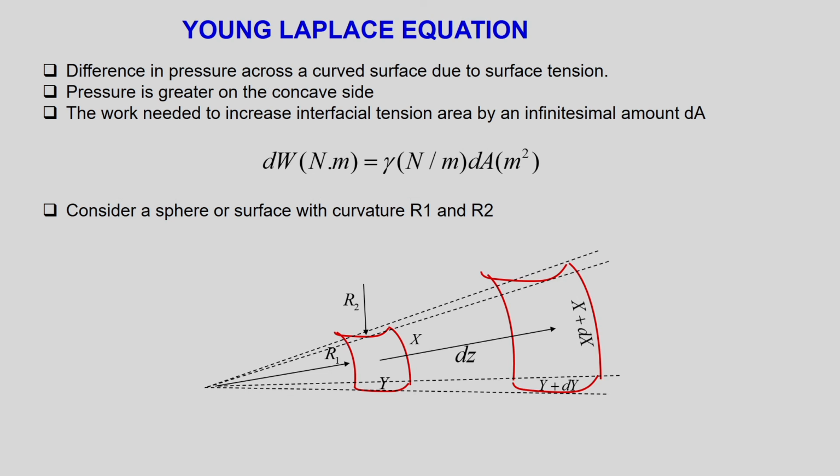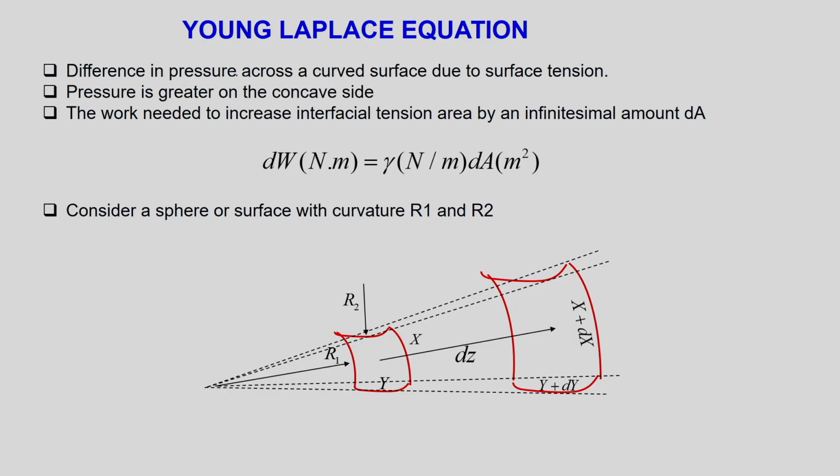So, after we have derived this, now you need to find out the Young Laplace equation. As I told you, in the bubble you have a particular pressure inside it. That pressure is governed obviously by the surface tension force, and surface tension, what is it? We know that it is how much energy I require to increase the surface by a unit area. So, it is actually a difference in pressure across the curved surface due to surface tension.